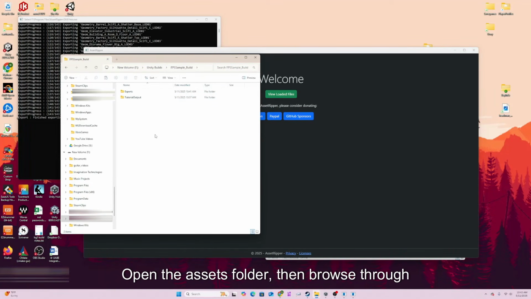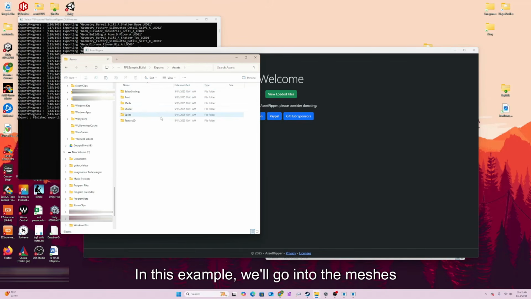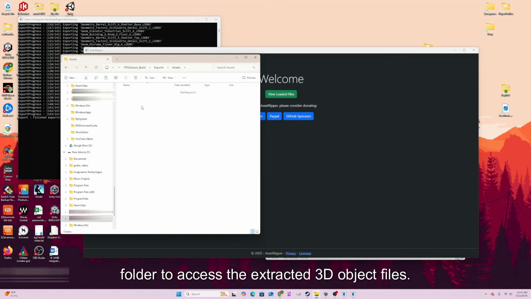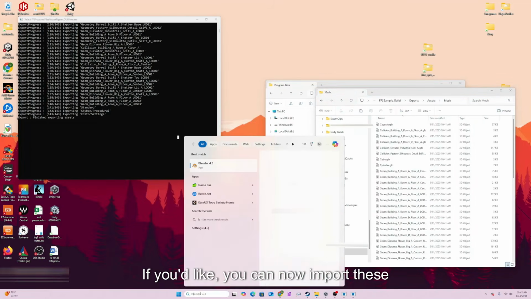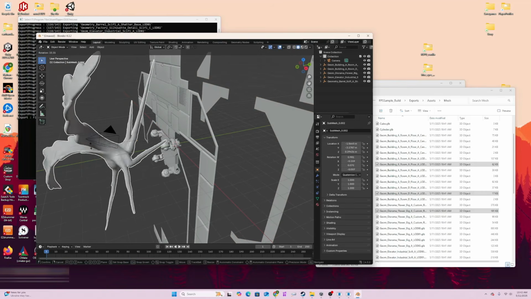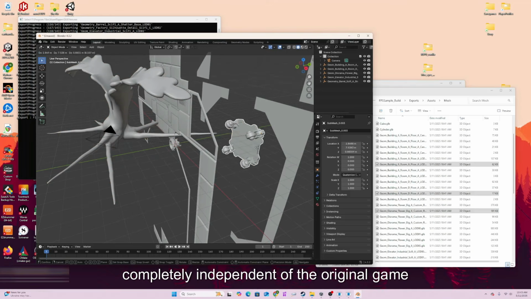Open the Assets folder, then browse through the subfolders. In this example, we'll go into the Meshes folder to access the extracted 3D object files. If you'd like, you can now import these models into Blender to view, manipulate, or repurpose them completely independent of the original game